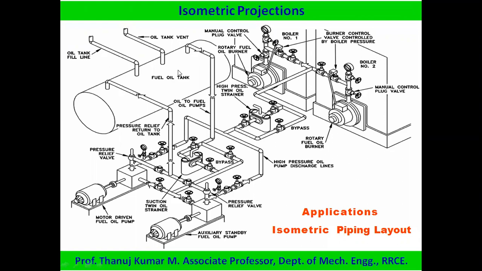You can see the oil fuel container here. From there you can see there are motors placed. There's a driven fuel burner here. All these things are there, and how they are linked, you can see the linking process. For this process, we use this piping layout or isometric projections. Isometric projections are used through X, Y, Z, along with the east, west, north, south directions, up and down, left and right. These are the things that will be used in isometric projections.